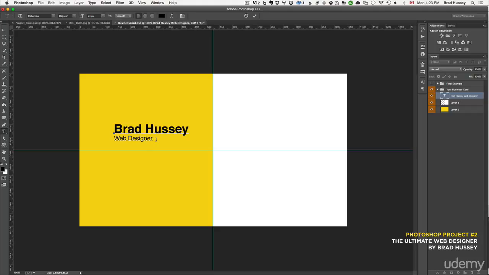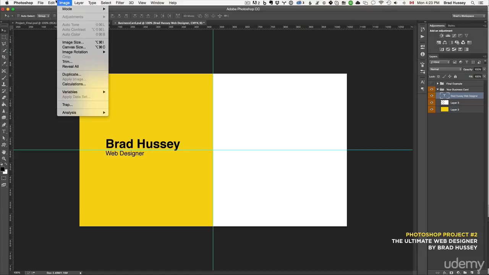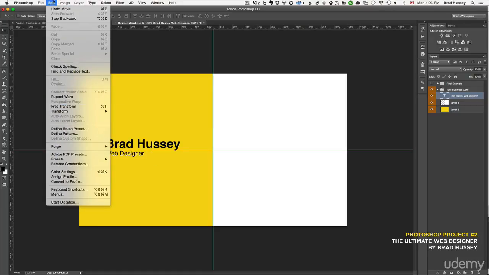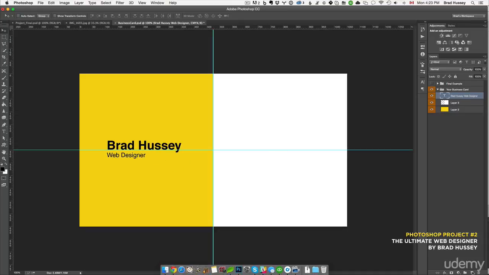I'm going to finish that by clicking the check mark, commit those edits, use the move tool, and drag that so it's centered. And what you can do is free transform using Edit, Free Transform, or Command T, and then you can center that on that line. There we go. And now we have the text on one side, and now we're going to create one more